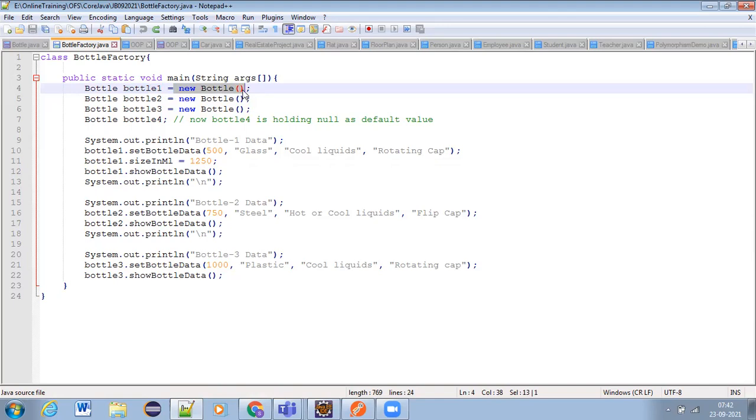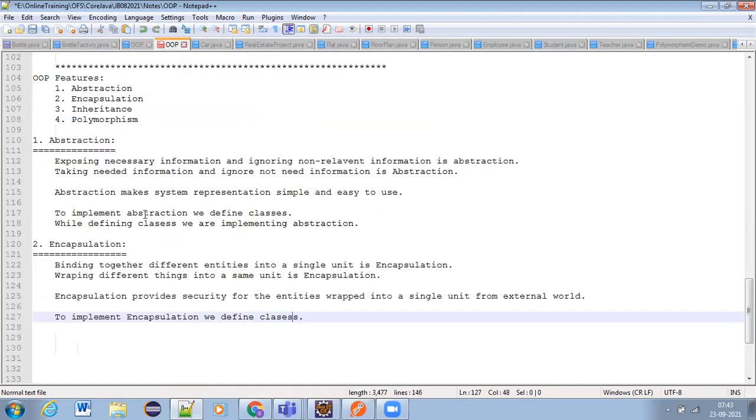So that means the data is hidden behind the object. Only through the object can you access the data members of a class. So this is what we refer to as providing security for entities wrapped into a single unit.